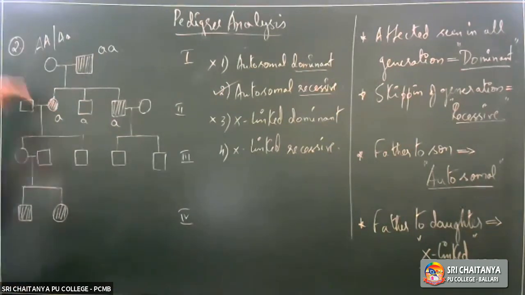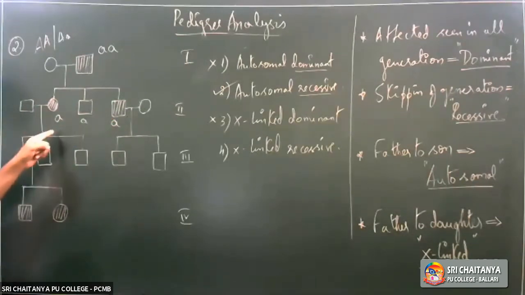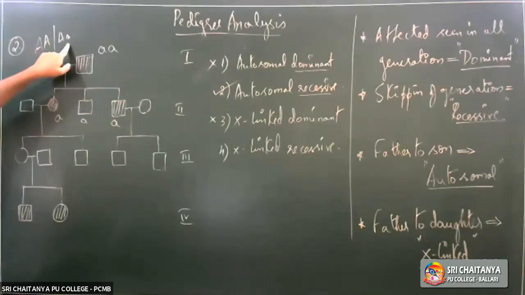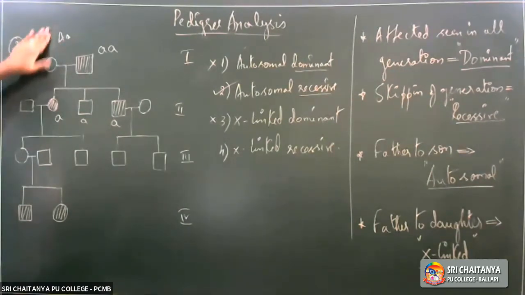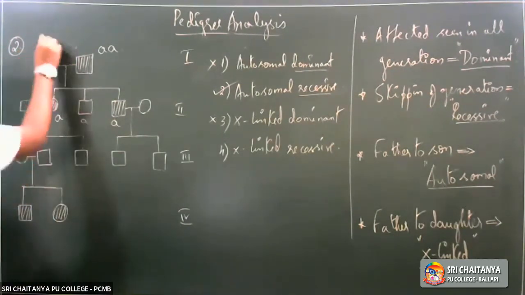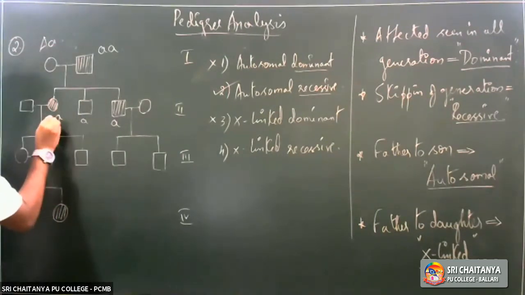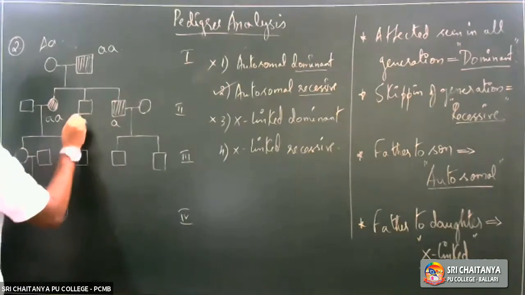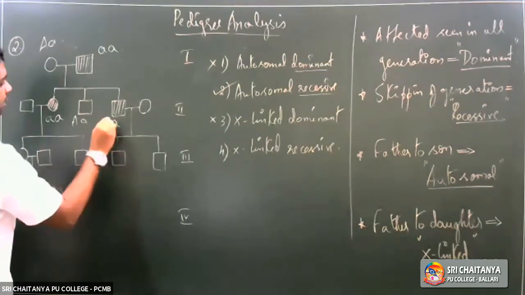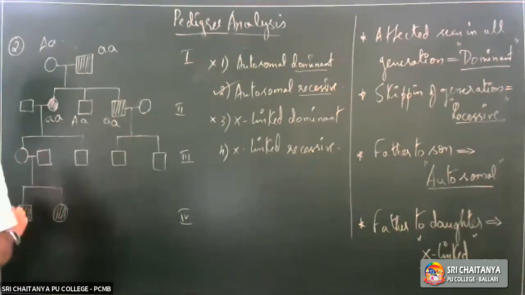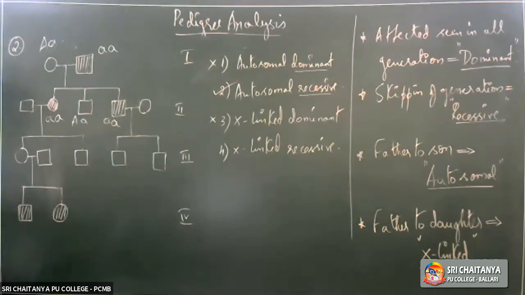Now, what allele comes from the mother here? Since affected individuals are seen in second generation also, mother should definitely give a recessive allele. Since mother should give a recessive allele, the genotype of the mother would be heterozygous dominant, right? So the mother will give the recessive allele here, and here mother will give a dominant allele and here a recessive allele, right?